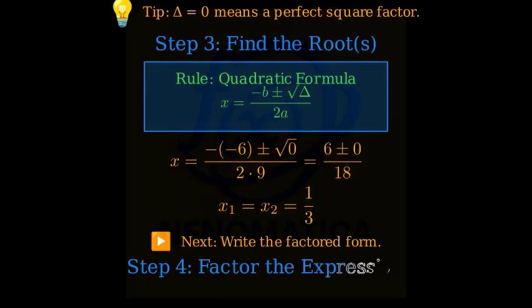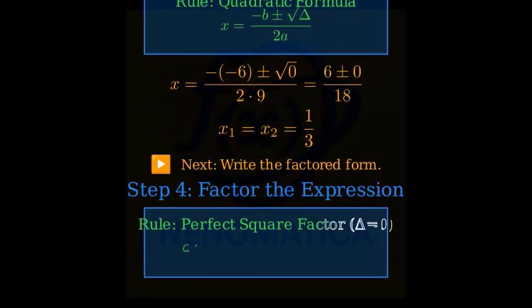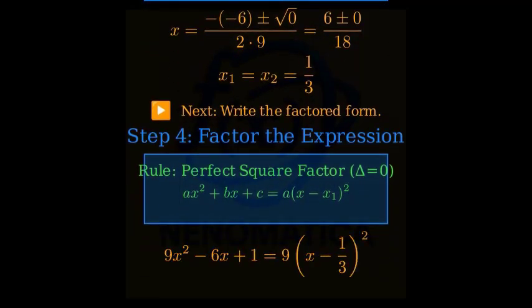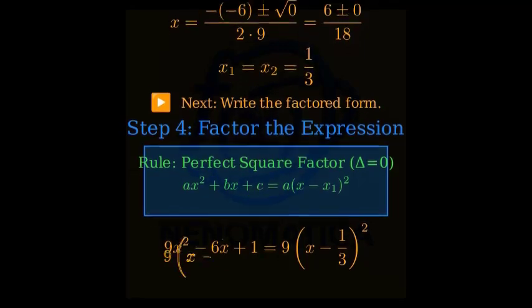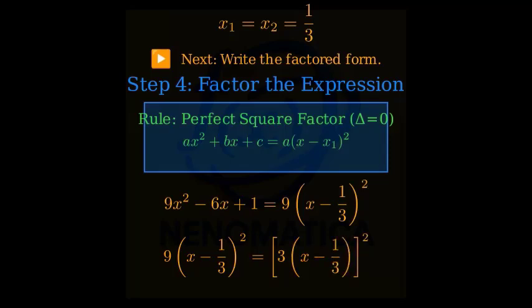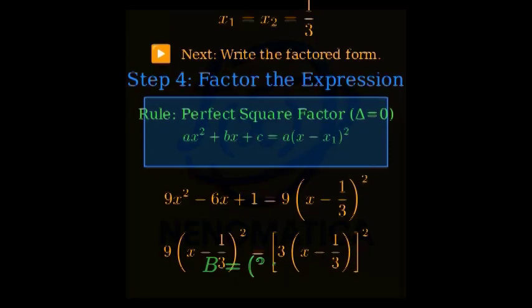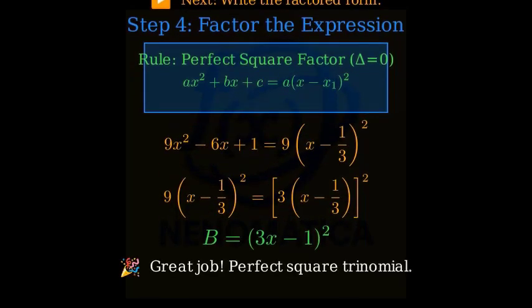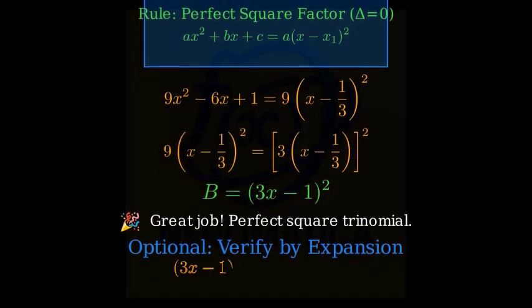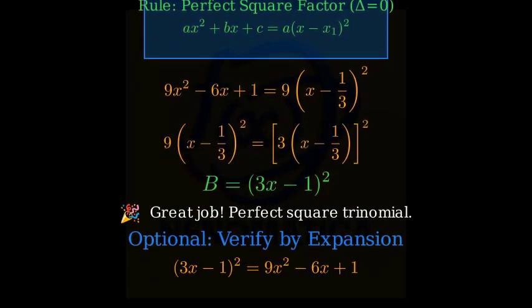Step 4. Factor using the repeated root form. When there is one repeated root x sub 1, we can write ax squared plus bx plus c equals a times (x minus x sub 1) squared. Substituting a equals 9 and x sub 1 equals 1/3, we get 9 times (x minus 1/3) squared. Bringing the 3 inside the square gives (3x minus 1) squared. Therefore, b equals (3x minus 1) squared. As a quick verification, expanding (3x minus 1) squared gives 9x squared minus 6x plus 1, which matches the